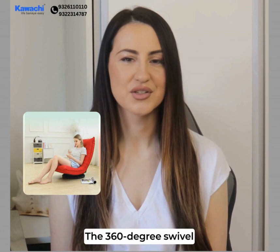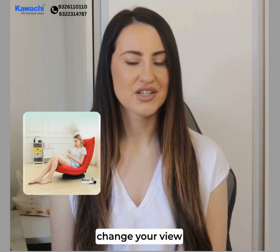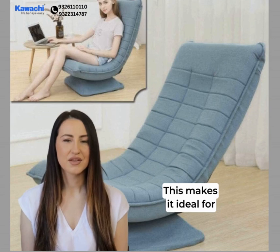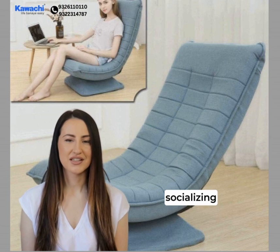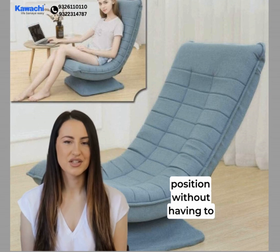The 360-degree swivel feature adds another layer of convenience, allowing you to rotate and change your view effortlessly. This makes it ideal for socializing, watching different angles of the room, or simply adjusting your position without having to